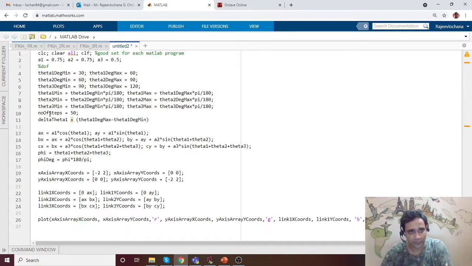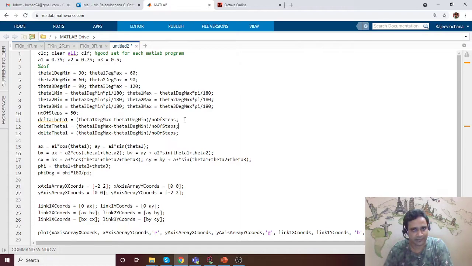Please remember, I have used a bracket because I want to subtract these two divided by number of steps. So that is going to be my delta theta 1. Similarly I'll have delta theta 2 and delta theta 3. So we are going to use something known as linear trajectory here.